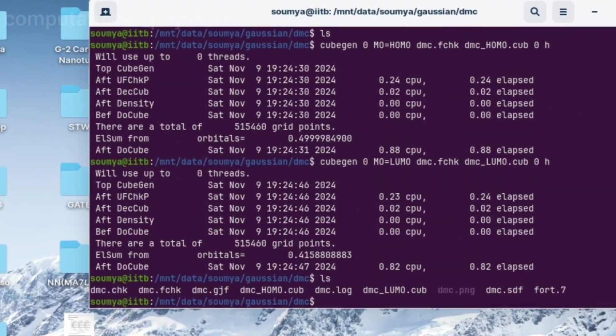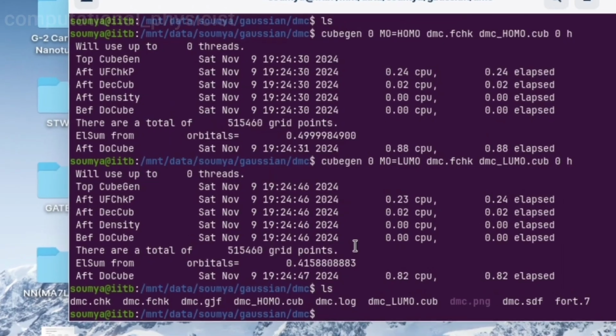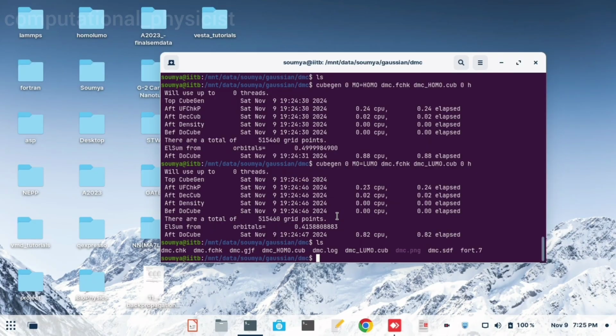After this we can perform, as I have shown in our VMD tutorial, from this cube file we can generate HOMO and LUMO levels in VMD, or even if you want to generate the same using Gaussian, that also you can do. But VMD is providing much better resolution and much more different colors for the orbitals, but in Gaussian it is a little bit limited. So whichever software you want to plot with, you can plot with that. So this much I think for today's tutorial.